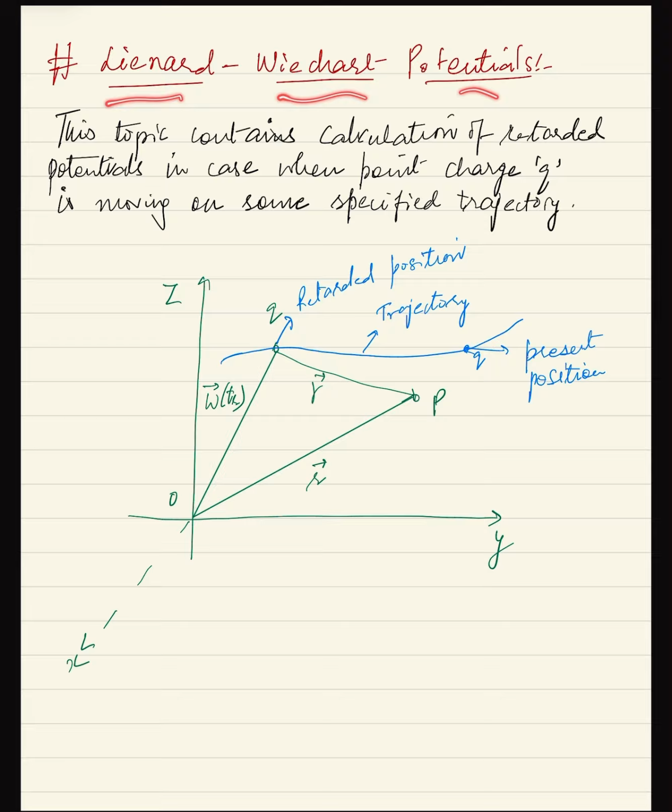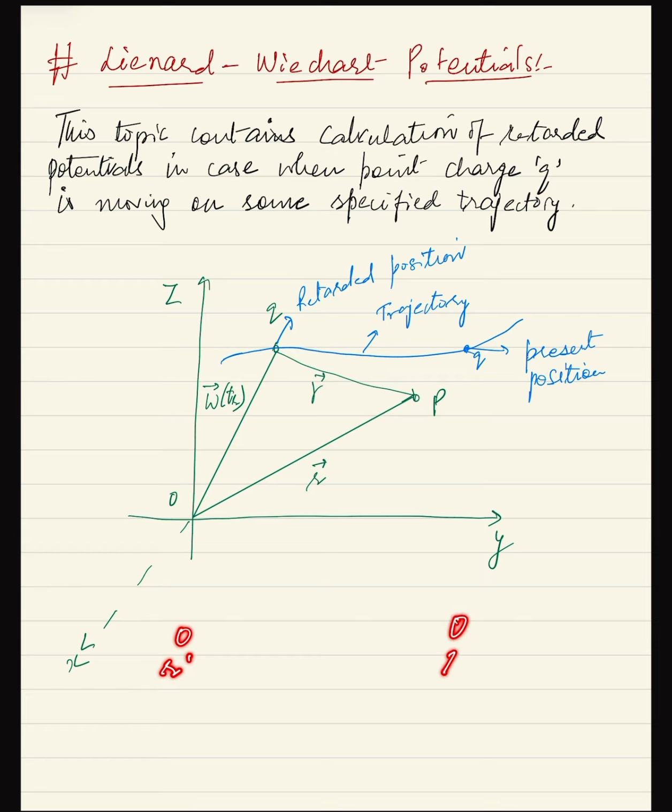Okay, students, regarding the topic Liénard-Wiechert potentials, last time we were talking about retarded potentials. So what were retarded potentials? Suppose the source is present at some point r' and the observer is at point r, and there is some significant distance between them, so that the time taken by the signal to travel from this point to this point is